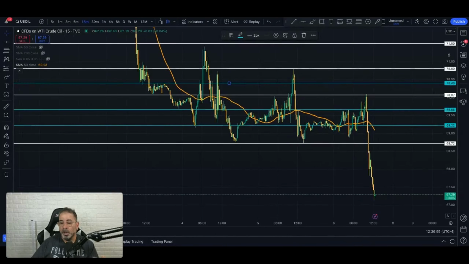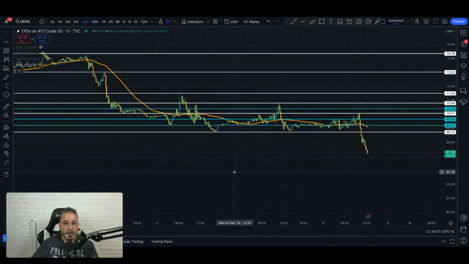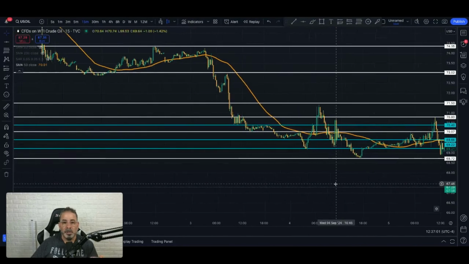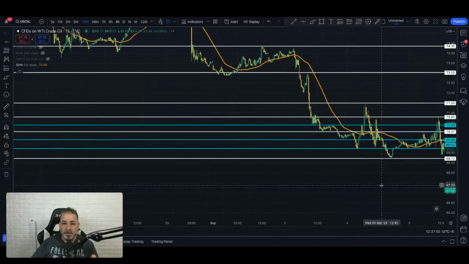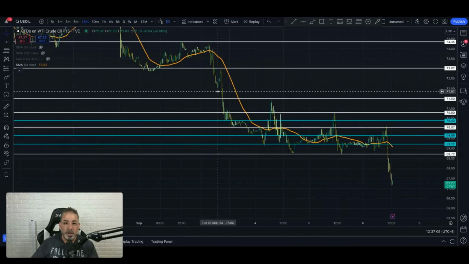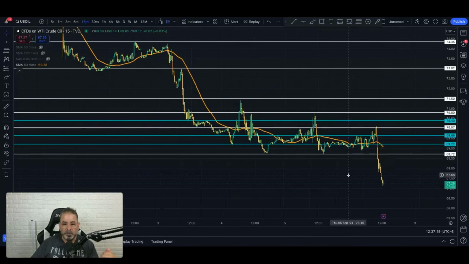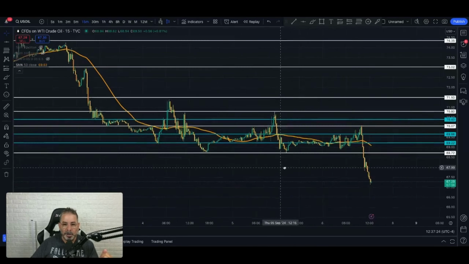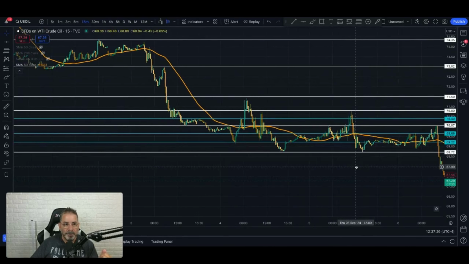Okay, so we're going to kind of move this back. Okay, I'm going to move this back, and we're going to go here now. Now that you can see the orange line, okay, everybody can see the orange line. So that is the 50-day moving average. Back here on the 15-minute chart, back on Tuesday, we came below the 50, we came above, we came below, we came above, we came below. That's great. We're going to be focusing on the 1 minute time frame here in just a minute.